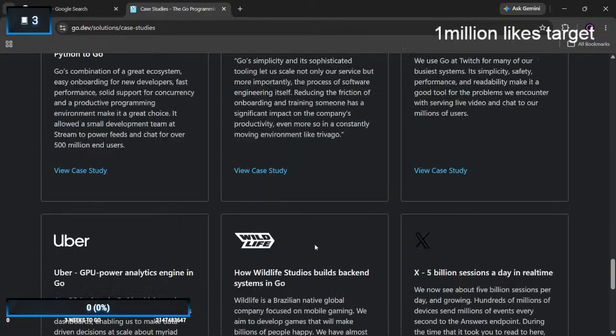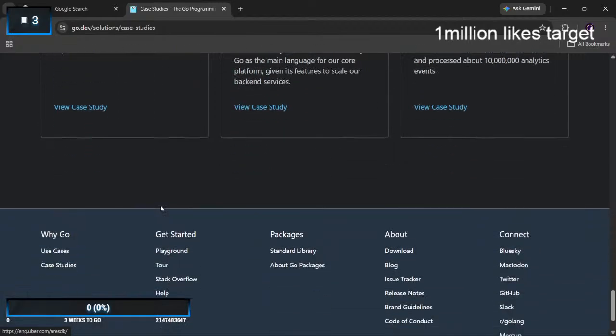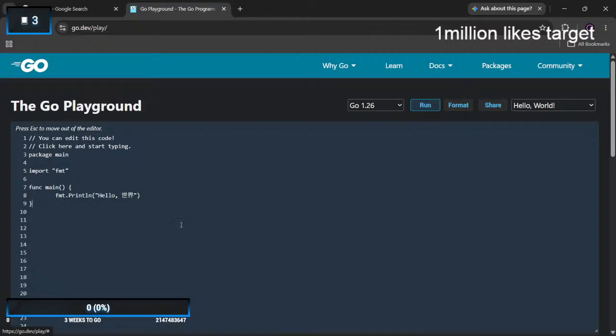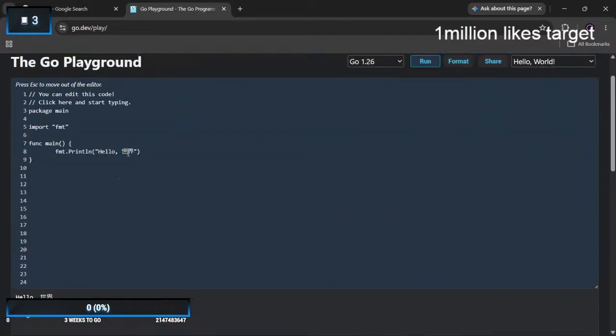How are these people so smart, building some crazy level stuff? Trivago. Oh, we even had this, I never knew this. So is this hello in Golang in Chinese?